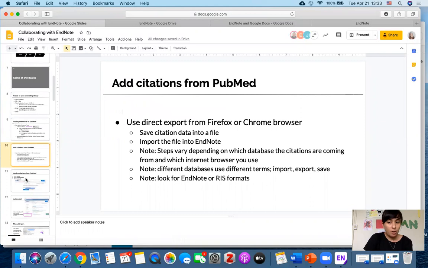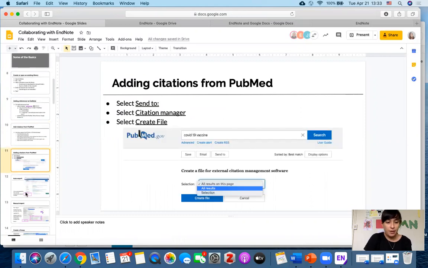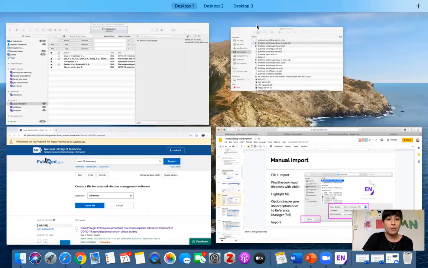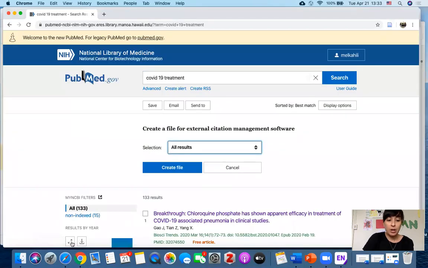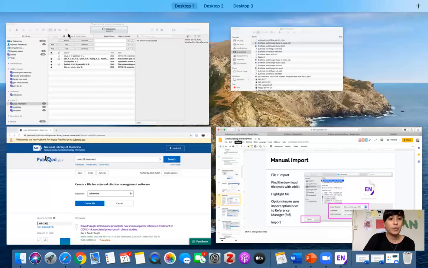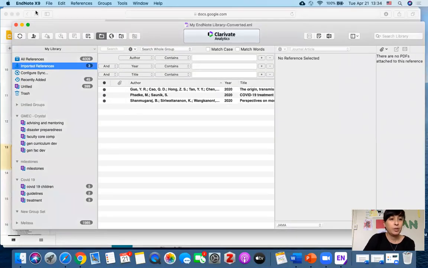Step-by-step instructions are here if you need to refer back to them. So if your direct export did not work, there are instructions here to manually import into EndNote. When I was in PubMed, I was able to click on the download folder here, and it automatically opened in my EndNote. If that doesn't happen for you, what you would do is go to File,